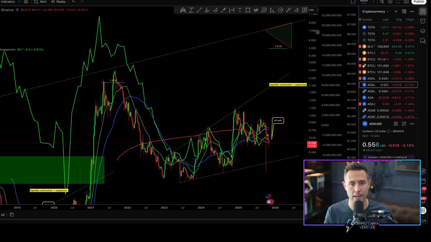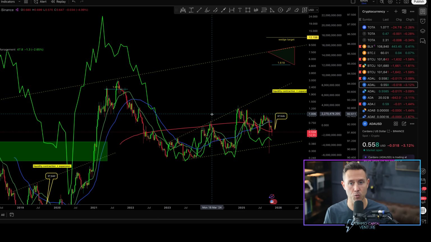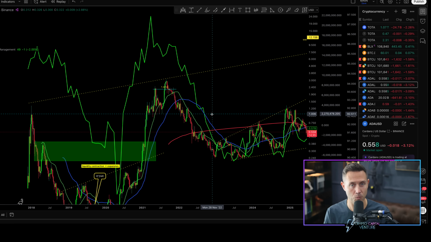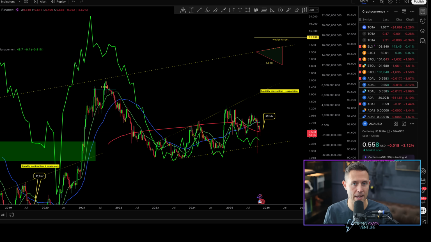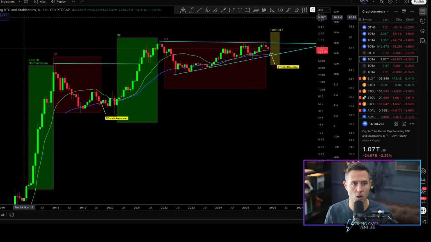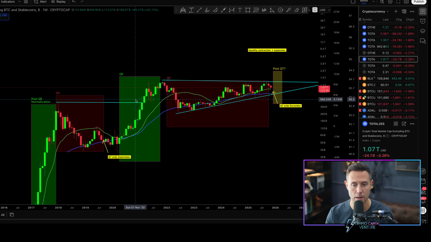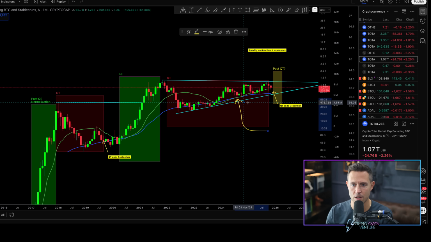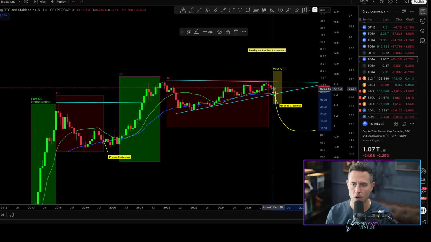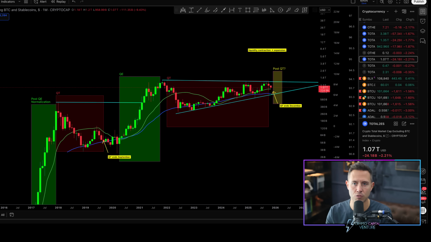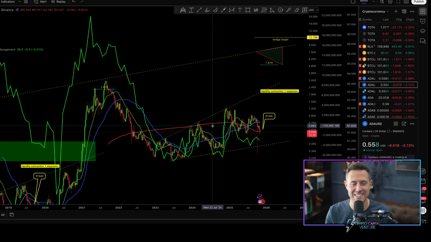And so when you see something like this ADA chart and what it's done throughout the cycles, what do you think could happen next for something like ADA and something like altcoins? I actually should have overlaid it on this chart too. This is the altcoin market cap chart. We'd get something very similar. But you can even see the consolidations that we have here on this chart are very similar to ADA. It's just a little bit of a different reflection of it. The rhythm isn't so in line as it is with ADA and the business cycle.